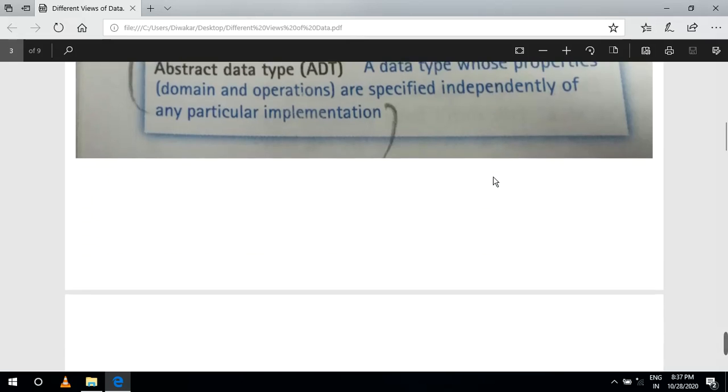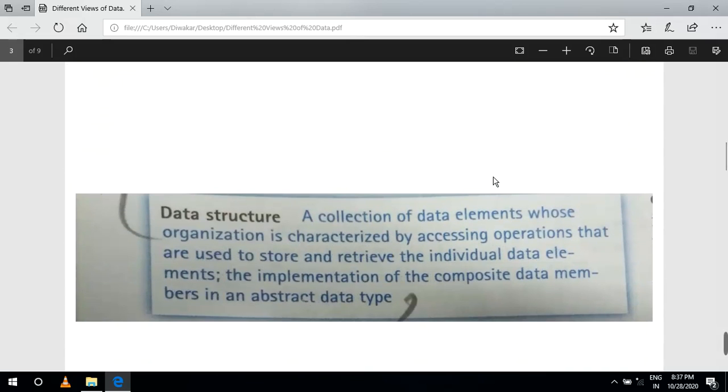Now the fourth type, data structure. A data structure is a collection of data elements whose organization is characterized by accessing operations that are used to store and retrieve the individual data elements. It is the implementation of the composite data members in an abstract data type.